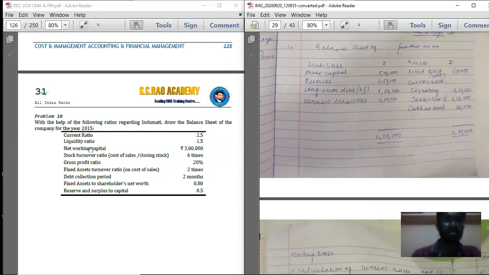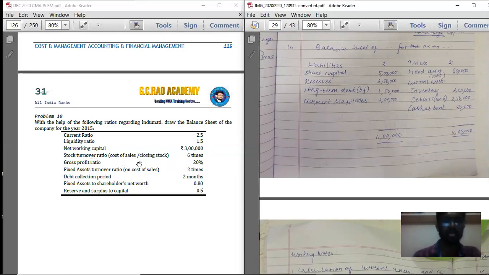They have given current ratio 2.5, liquid ratio 1.5, net working capital 3 lakhs. That is, this 2.5 is 3 lakhs. Then what is 1? If we calculate what is 1, that is current liabilities. So next is